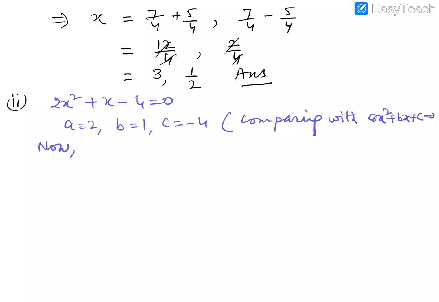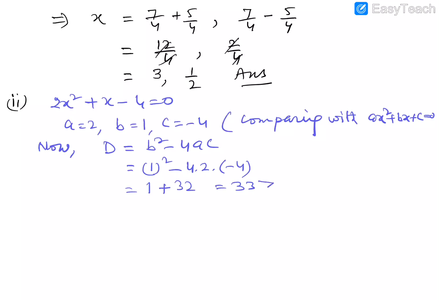Now we have to check whether this quadratic equation has roots or not. So for this we will find out the value of discriminant, which is given by b square minus 4ac. Here b is 1, so 1 square minus 4, a is 2 and c is minus 4. So this is 1 plus 4 4 is 16, 2 is 32, gives 33, which is greater than 0, and this implies that